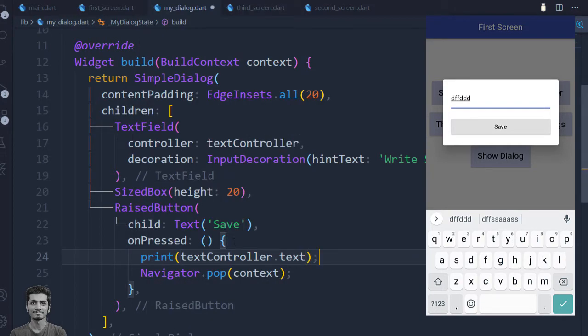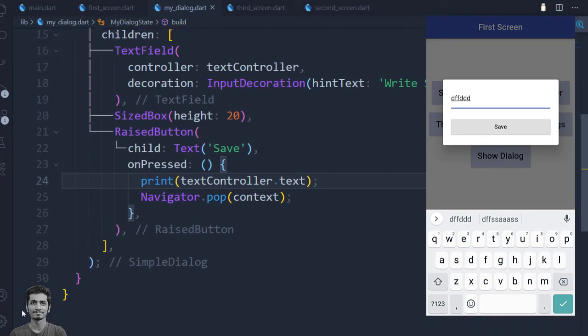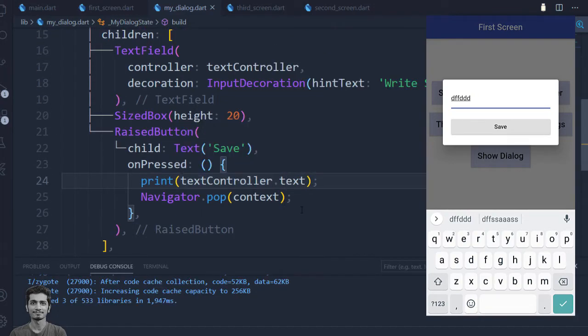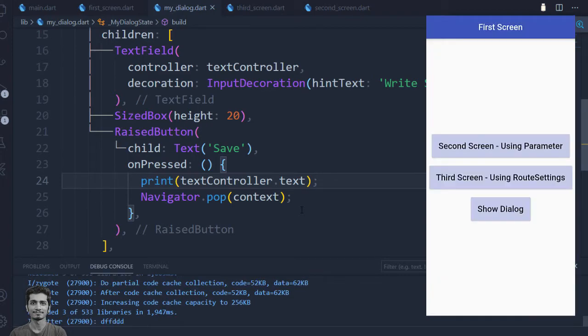I will save the project. I will move to the debug console. Now when I press the save button, the value of the text field will appear here inside the debug console. You can see the value inside the debug console. So we can access the text controller value by writing textController.text.